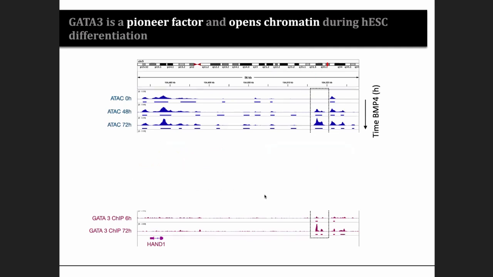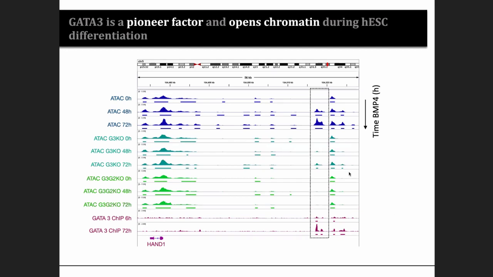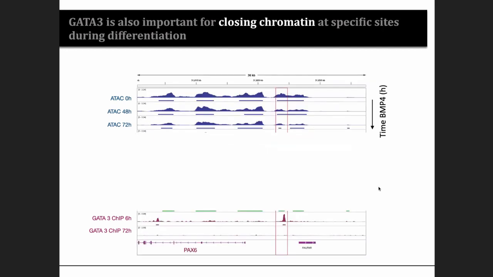So one important thing we found out along the way was that GATA3 is a pioneer factor that opens chromatin early in differentiation. So this is a complex slide, so I'm just going to try to lead you to this point here. So this is basically ATAC-seq. What ATAC tells you is that the chromatin is opening, at 0 hours and then 48 hours, 72 hours. And we combine this with ChIP and see that GATA3 is actually sitting at this chromatin later. Now, if you knock out GATA3, you see that this chromatin doesn't open at all.